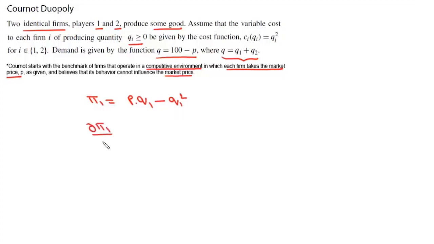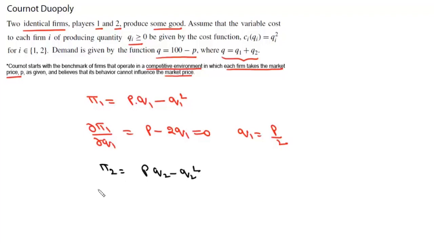Now we maximize this profit. We can write del pi 1 upon del Q1, and it will be P minus 2 Q1 equals 0. So from here we can write Q1 as P by 2. And the same way we can write the profit function for firm 2. It will be pi 2, equal to PQ2 minus Q2 square. And again from del pi 2 upon del Q2, we'll get P minus 2 Q2 equals 0. That is, the value of Q2 must be P by 2.